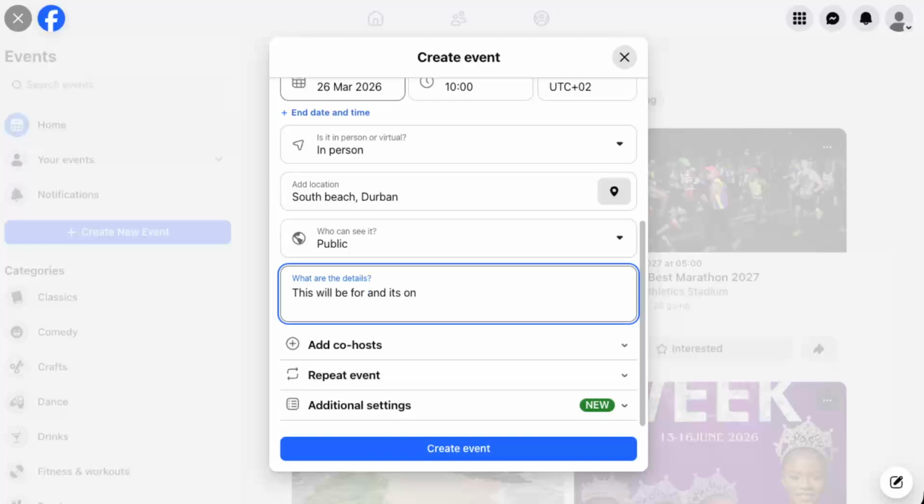If you want, you can also add co-hosts, set the event to repeat, or adjust additional settings by clicking the relevant options on the screen. Once you're happy with everything, go ahead and click Create Event to publish it. Your event is now live and ready to